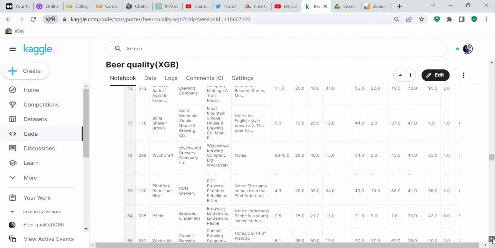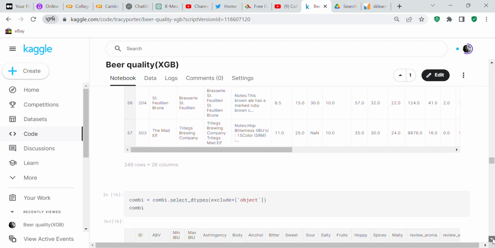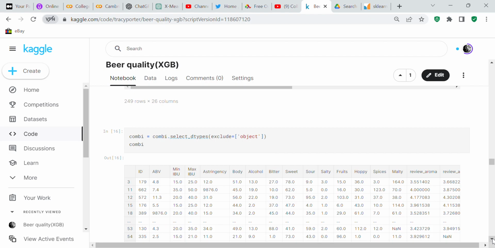So now we've got combi, and on combi we are going to drop all of the columns that are object columns, because they're not necessary in order to make a prediction, and in addition to not being necessary, they could actually introduce noise into the system. So we dropped all of the object columns. You can see here combi = combi.select_dtypes(exclude=['object']).